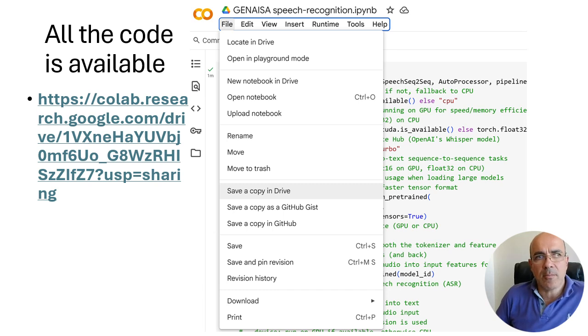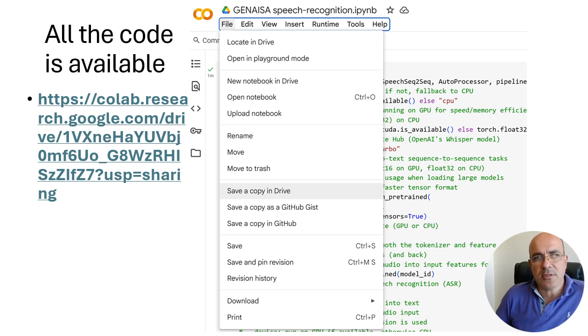In Google Colab, you can easily view and explore shared notebooks without making any modifications. However, if you want to run the code and make changes, you should first save a copy of the notebook to your own Google Drive. This ensures that you have full editing access and can execute the code without restrictions.